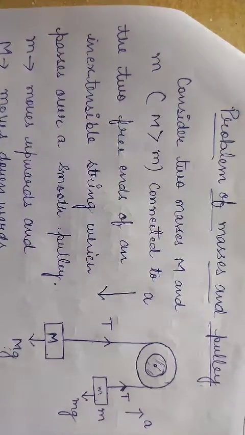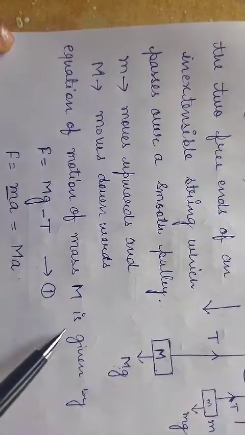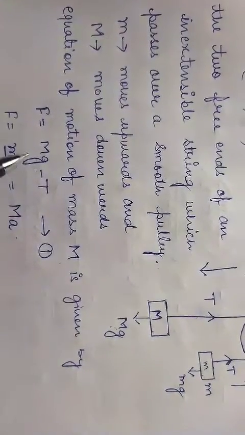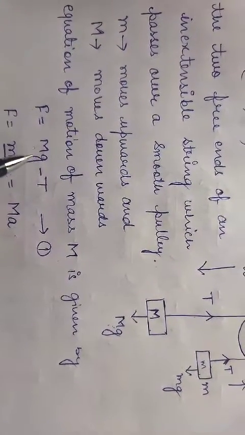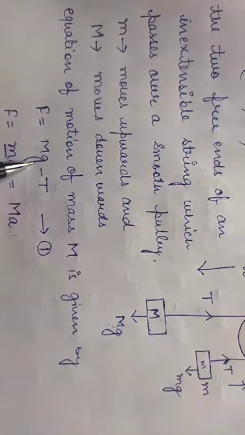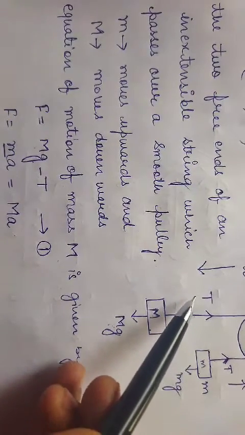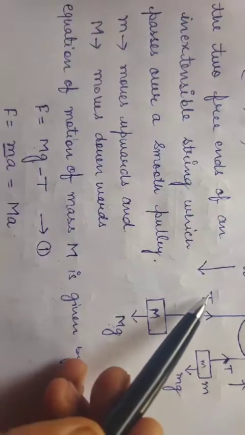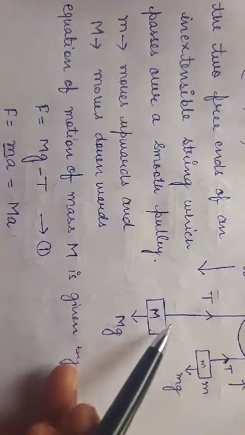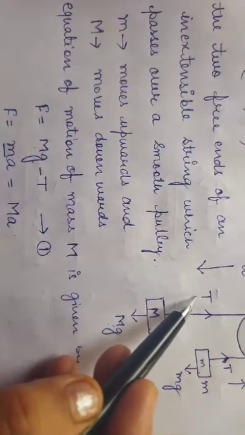Now we can write the equation of motion of the mass M. What will be the equation of motion? That is given by F. Total force F is equal to W, this F is equal to Mg, meaning weight. Weight is also a force, which is acting vertically downward. And this is T, tension, and tension is also a force. That is the force in a string, the force in a string that holds this mass, this weight, that is called tension, and tension is also a